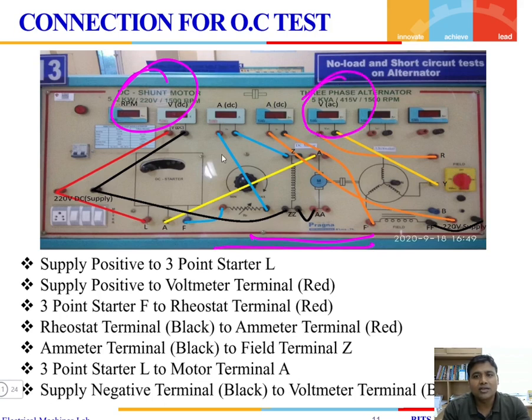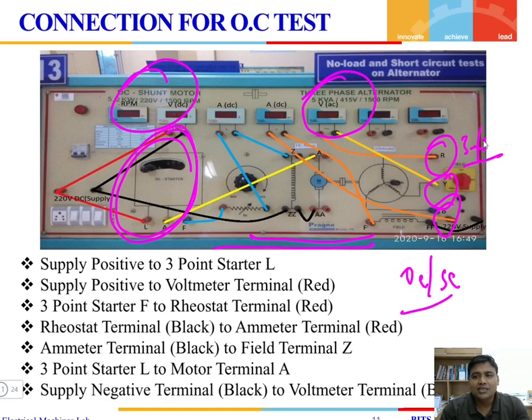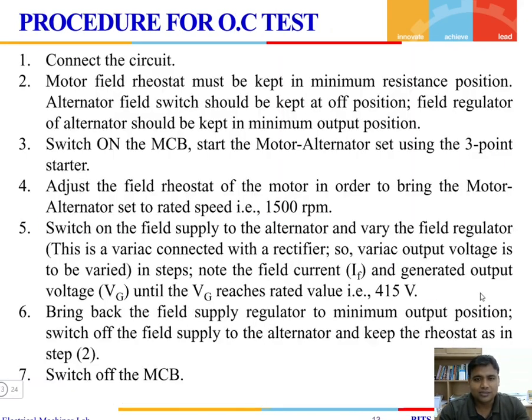and the three-phase alternator, where we have the starter to limit the starting current, and as usual we are going to connect. There are three terminals R, Y and B, which are the three phases of the output of the alternator. In order to perform the OC test or the SC test, on these terminals R, Y and B, we will be connecting a voltmeter or an ammeter to perform the OC and the SC test. So the procedure, first we are going to perform the OC test.